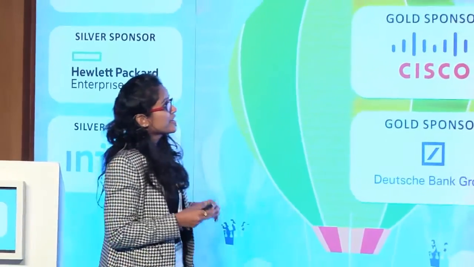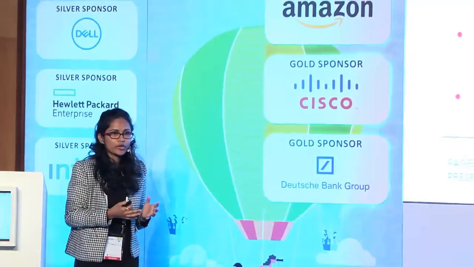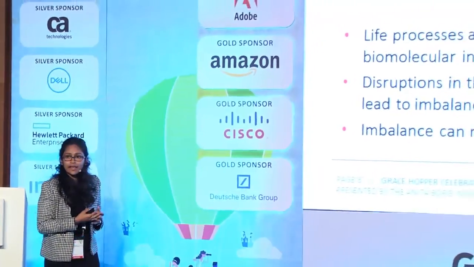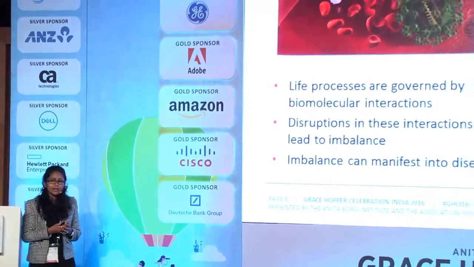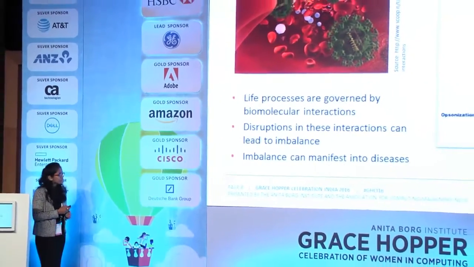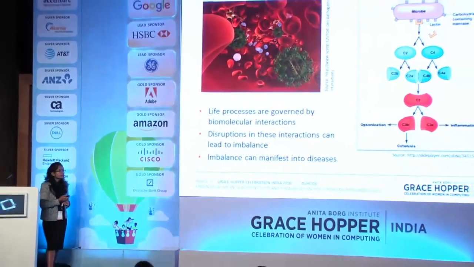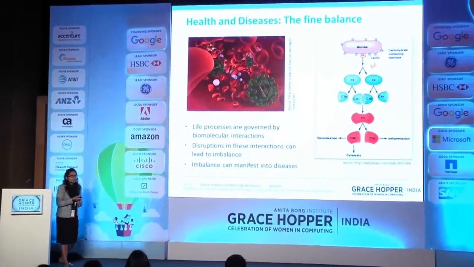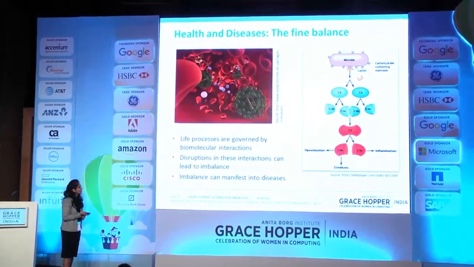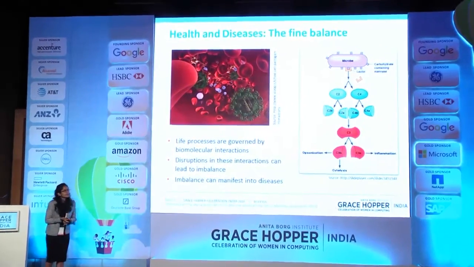Okay, so proteins, carbohydrates, nucleic acids are all biomolecules. They interact, and their interplay is very important for determining the health and disease states of organisms. Disruptions of these interactions can lead to an imbalance, and this imbalance may be manifested as diseases. So now let us look at this